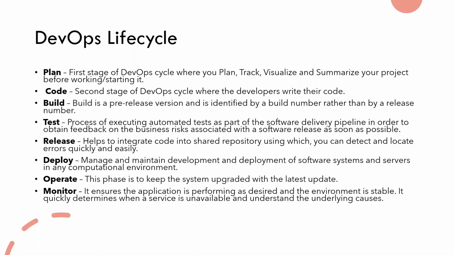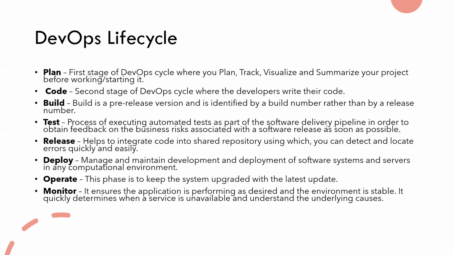So if I talk about the DevOps life cycle, it includes the following phases: plan, code, build, test, release, deploy, operate, and monitor. These 8 processes are defined for the DevOps lifecycle, where you plan. This is the first stage of a DevOps cycle, where you